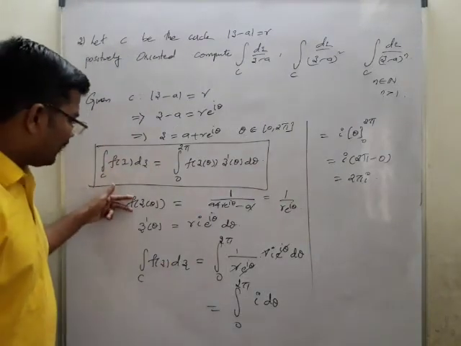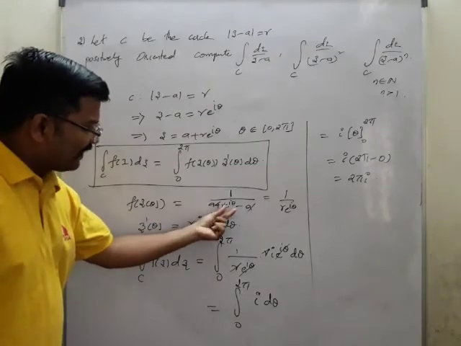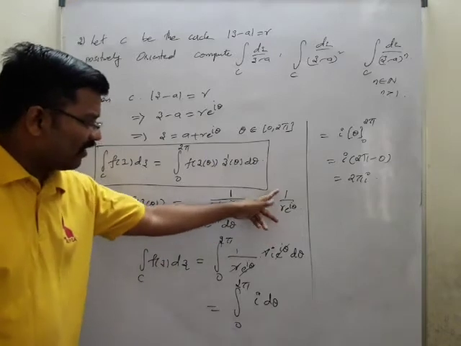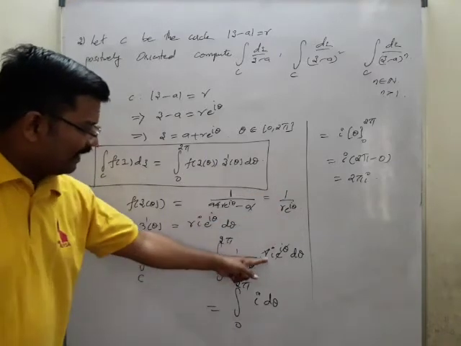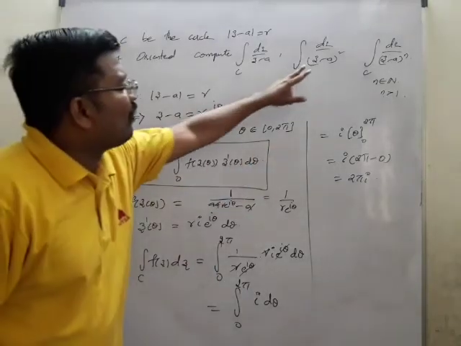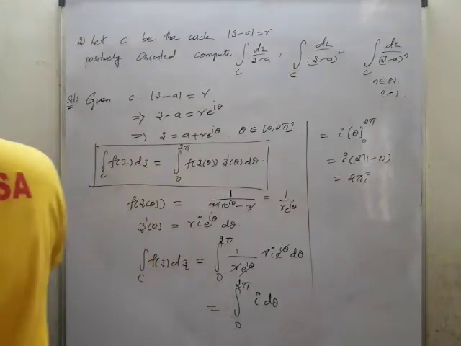So f of z of theta is 1 by z minus a. In the place of z, a plus r e power i theta minus a. That is nothing but, this minus a gets cancelled, 1 by r e power i theta I got. Now this one I have taken, and the z dash of theta is nothing but that one. So you got like this. Now we'll go for the z minus a whole square. Now what about the z minus a whole square?